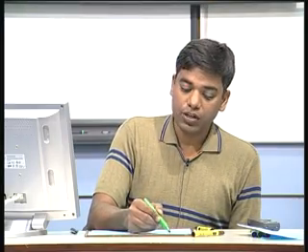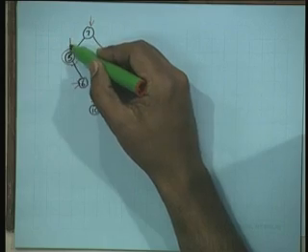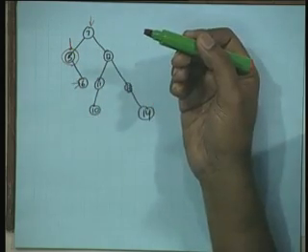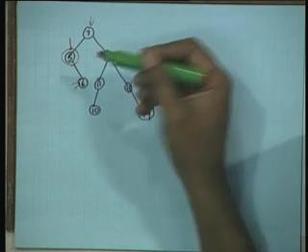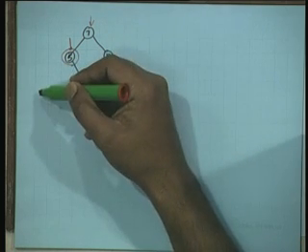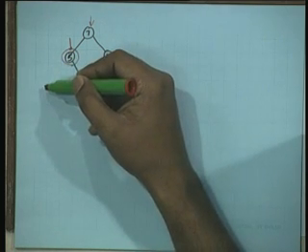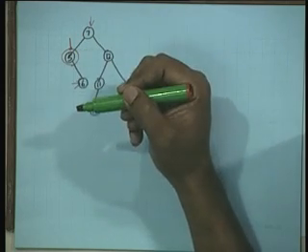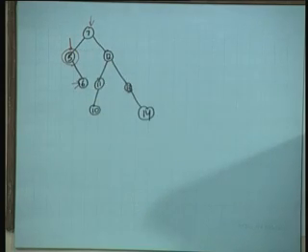The minimum has to be to the left of this root, right? So it has to be in this subtree. Now you have a smaller subtree, so you can just apply induction or use recursion. So the smallest has to be left. Now there is nothing to the left, so this has to be the smallest. Everything to the right has to be larger than this. So in one line, that's a proof for this fact.